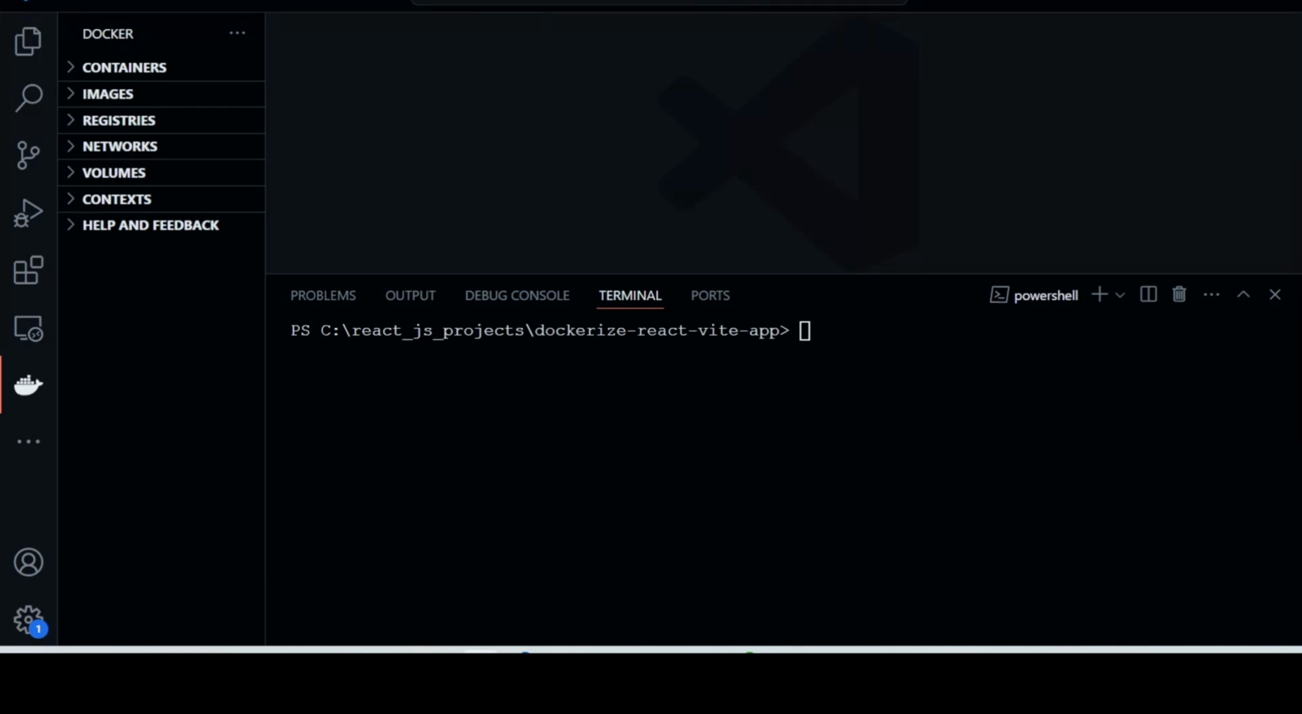Today I'm excited to introduce you to an amazing open source platform that helps developers build, test and deploy applications quickly. That is Docker tool. This video is the first in a series on Docker where I will be breaking down key concepts including Docker